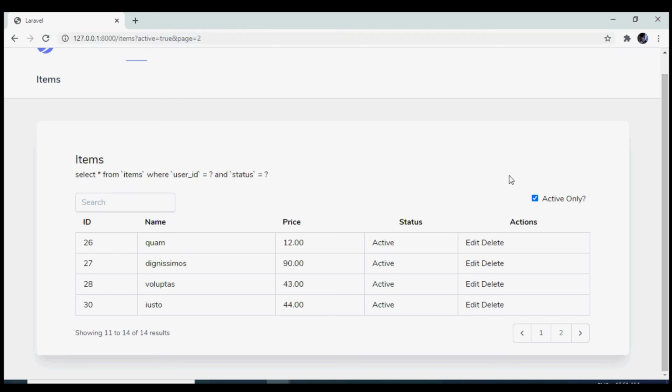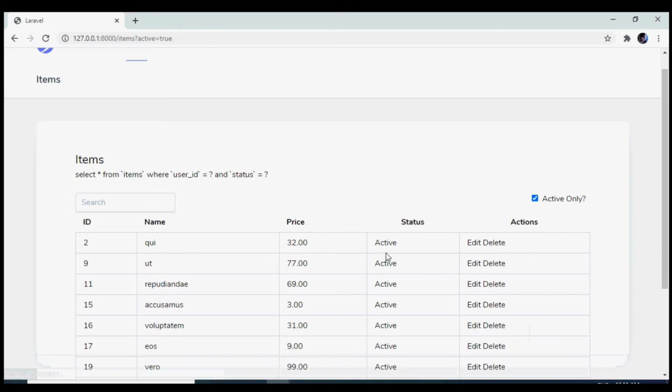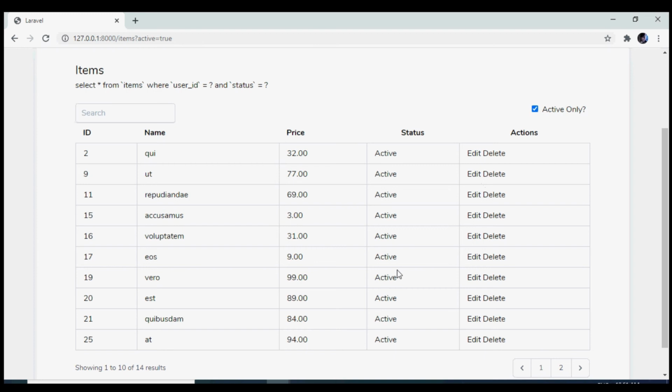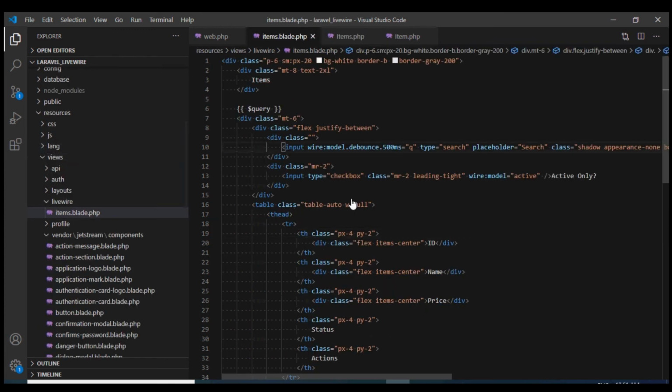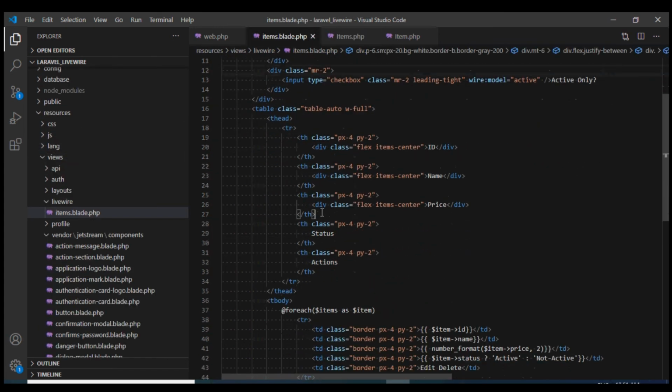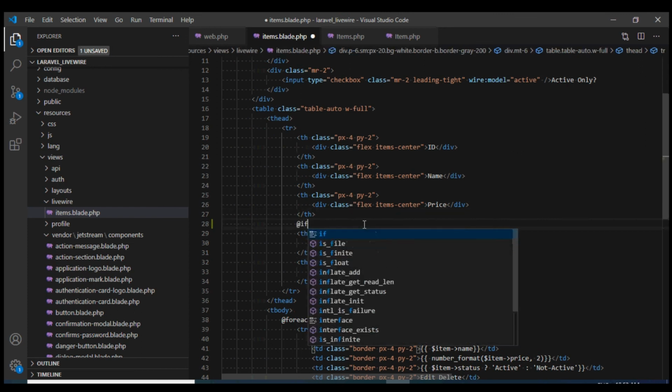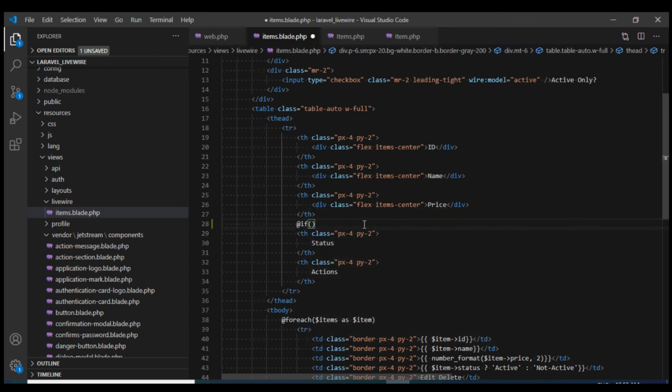And another thing that I would like to do is that if the active checkbox is checked, I would like to remove this status column, because when this active checkbox is checked, we know that all the items have the status as active. So I would only like to show this status column when the active checkbox is not checked. Well, again, this is very easy. We can use our active property that we have defined,